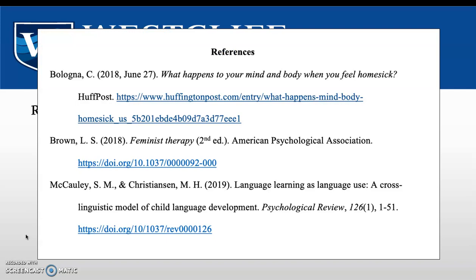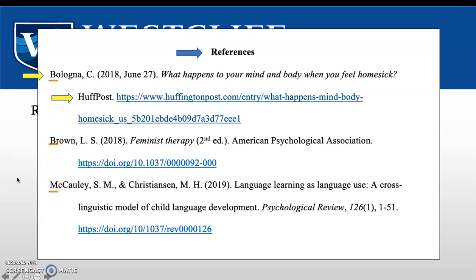Some basic information. References should start a brand new page. They should be incorporated at the end of a document. The word references should be written at the top of the page, centered, bold, plural. They should be organized according to alphabetical order, and a hanging indent should be used. Please note that they are still double-spaced. With APA from start to finish, the paper should be double-spaced, but there are no extra spaces included between the